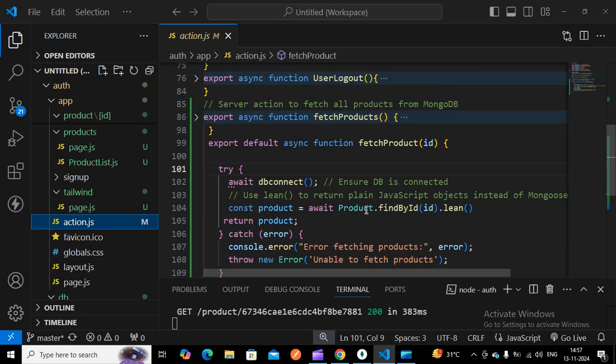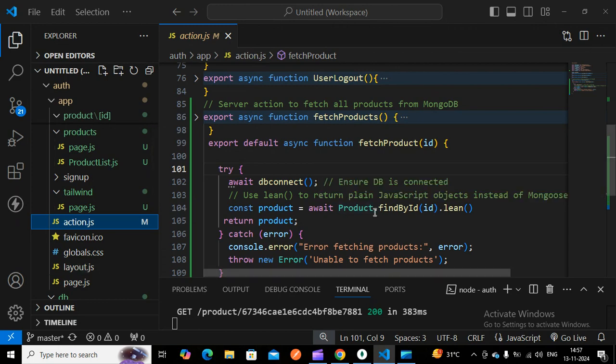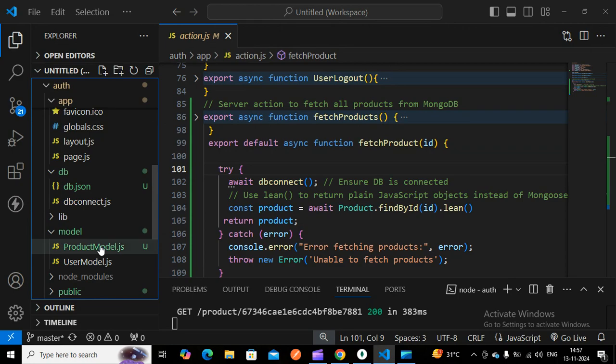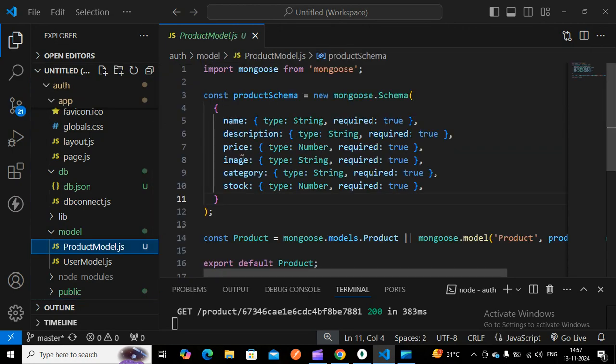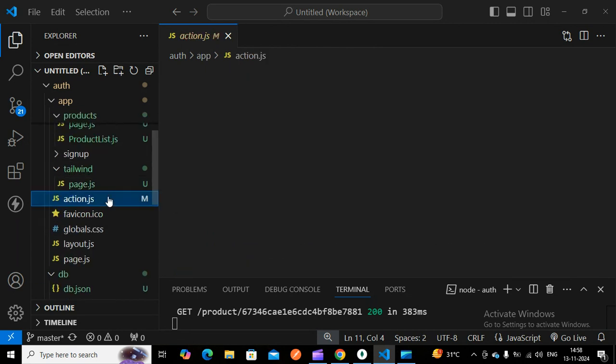Once the connection is established, we have to use the product model. So go to the product. This is what I have exported. In the product model I have these properties: name, description, price. I have exported this product so that I can import it here.